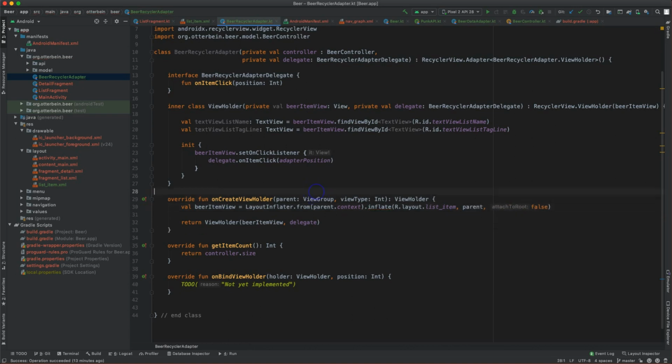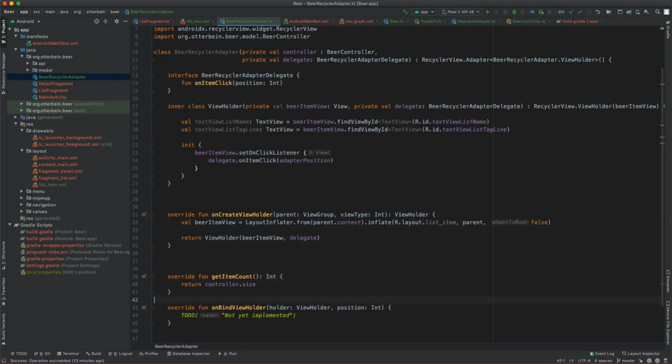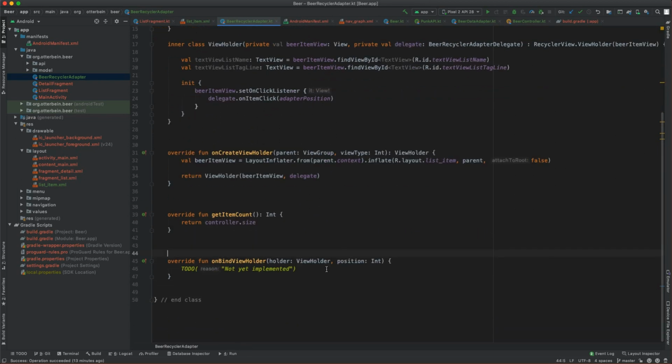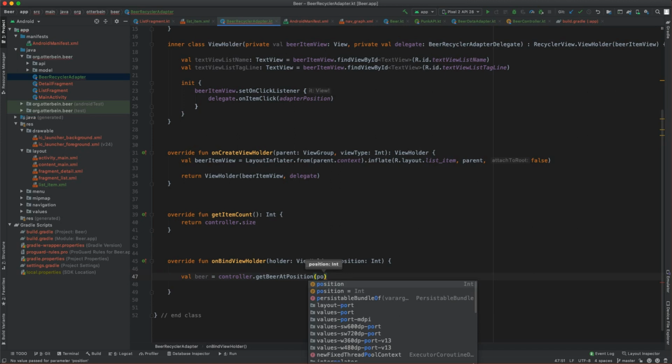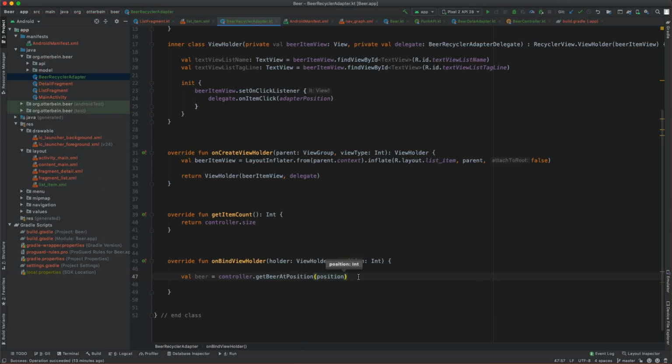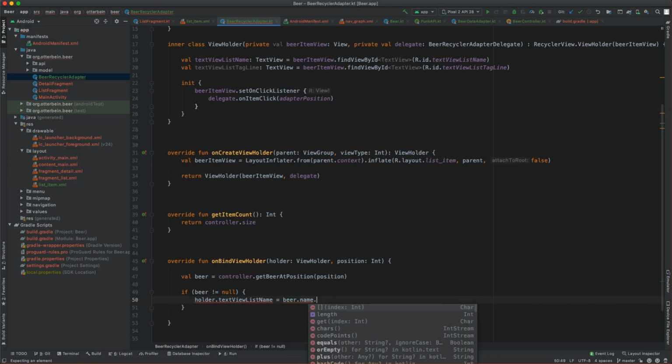Okay. So next up, on bind. So on bind is pretty easy. We need to go grab the beer object. So we'll do val beer, and it is equal to our controller beer at position. The position is, of course, passed in on bind. It says here's the one I want you to bind to. So we go grab that beer, and then if beer does not equal null, we want the holder's text view list name is equal to the beer dot name